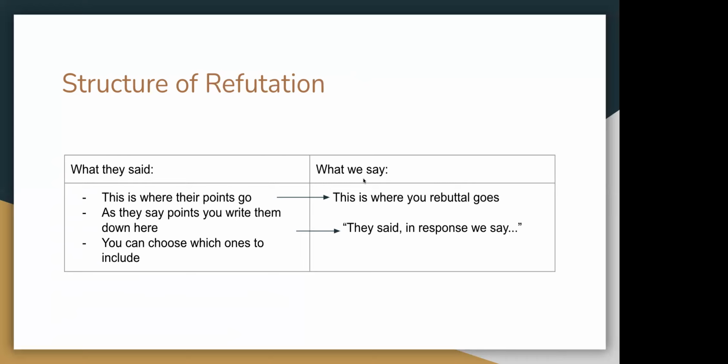On the what they said side, this is where their points go. As they're talking, I start writing what their points are, and write them on this one side. Then I draw arrows from each point to what my rebuttal is going to be. Why is this